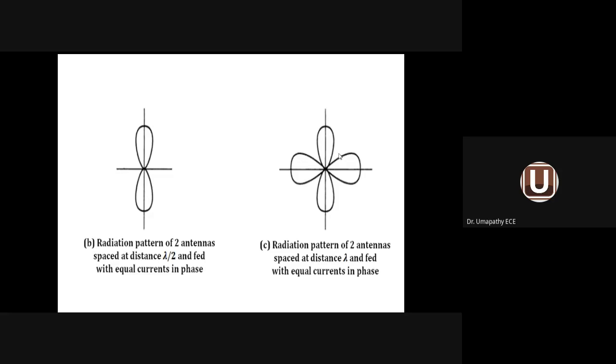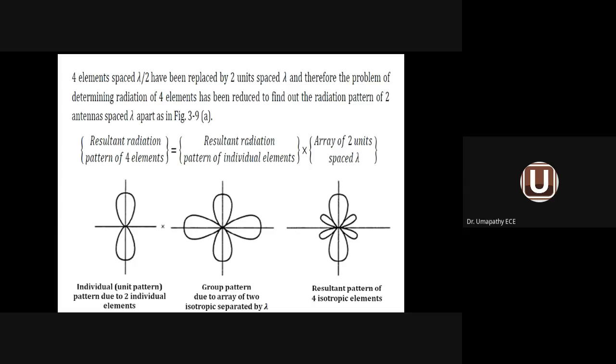So that is the second parameter. This one is the first parameter. This is computed already from our previous experiment. And this is also readily available. So I am multiplying both the patterns. Why are you multiplying both the patterns? Our formula says like that. I am not telling like that.